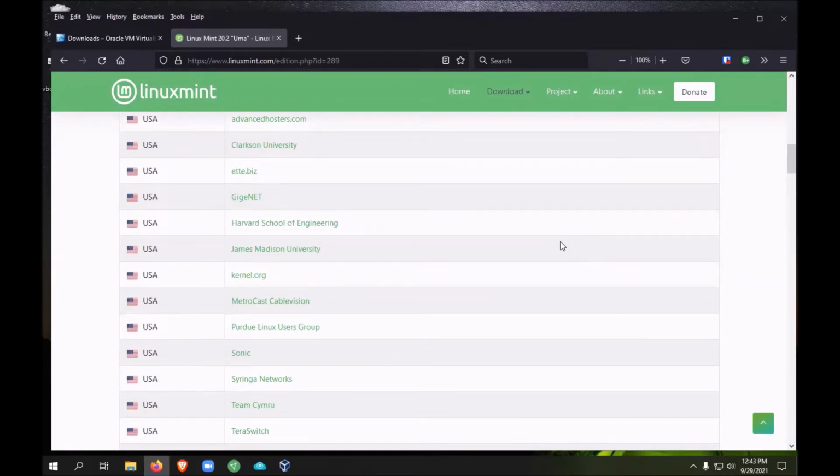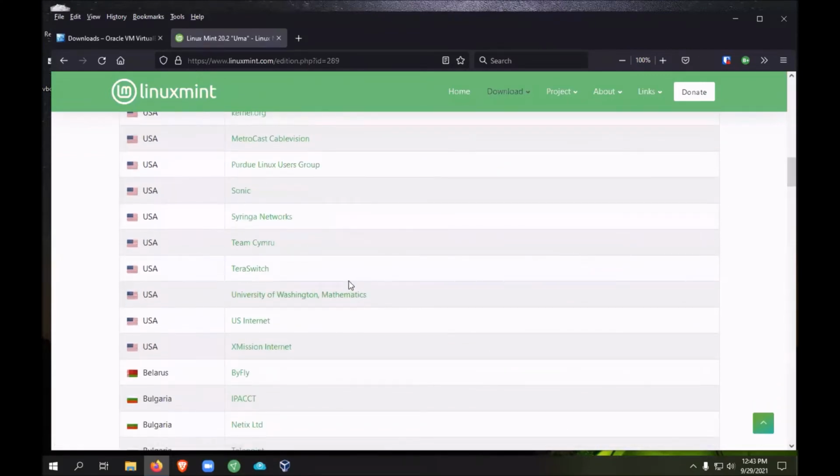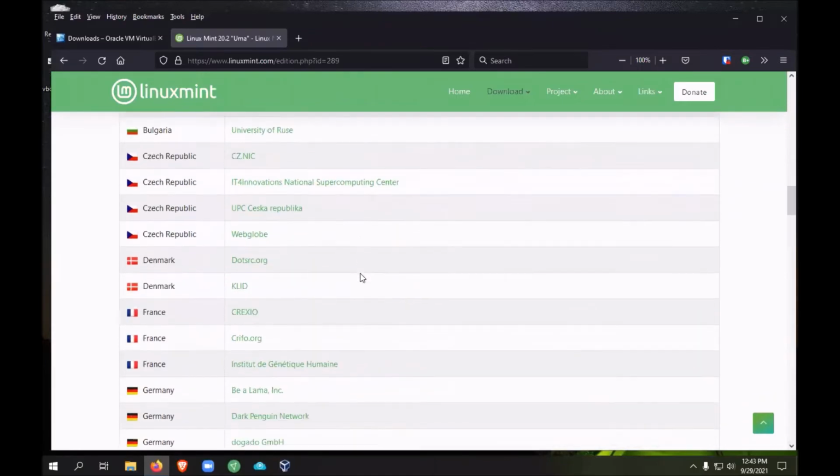Or if somebody tells you, oh, go here. Harvard School of Engineering sounds like it might be a really good place because they're engineers. I've used the James Madison because that's to the east of me, and I've used the Purdue Linux group because it's to the west of me. So it's your choice. And if you live in some part other than the United States, you can find all of these